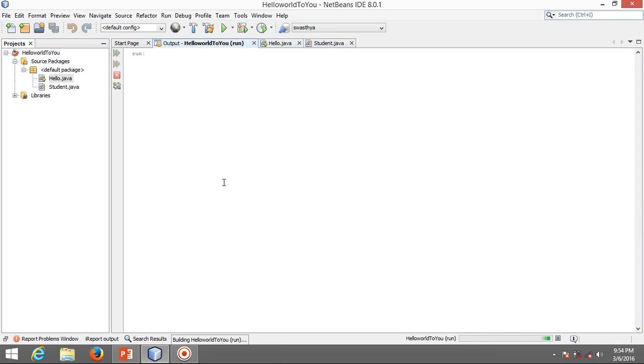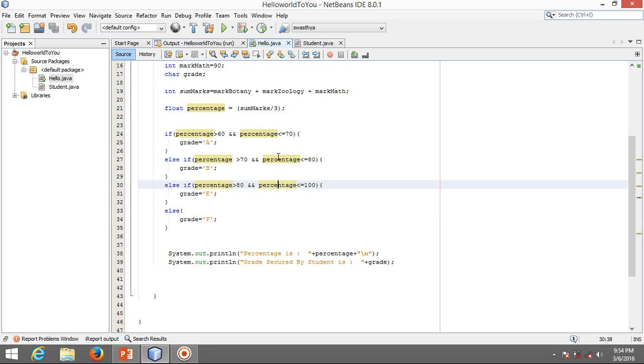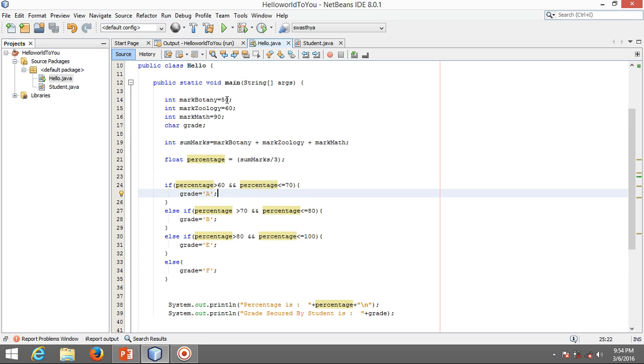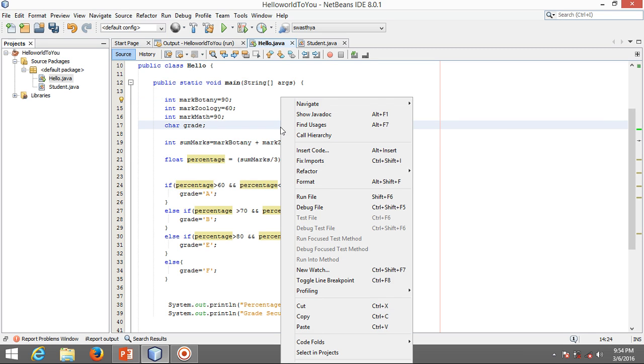Run file. Here what we are seeing is the percentage is 66.0 and it comes to grade A. Since you can see from here it satisfies this condition, that is the percent is greater than 60 and less than 70, so it is grade A. Now let me increase the mark a little more.